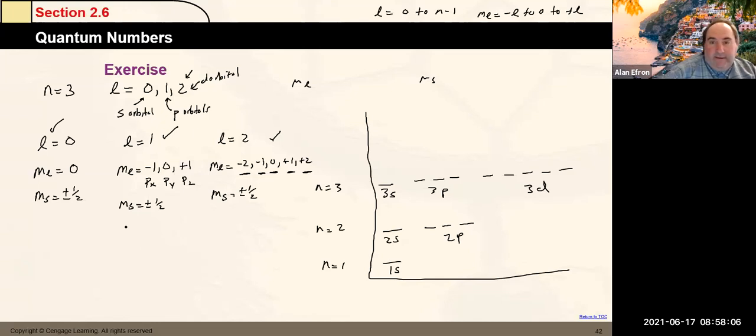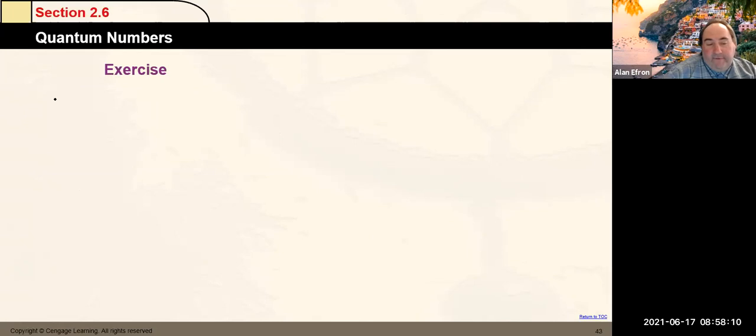Now, if we did, say, our fourth energy level, our acceptable L values would go from